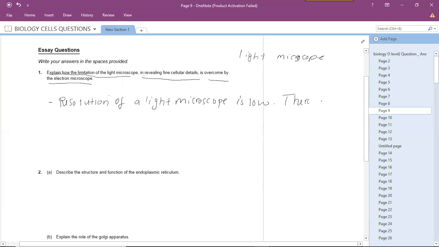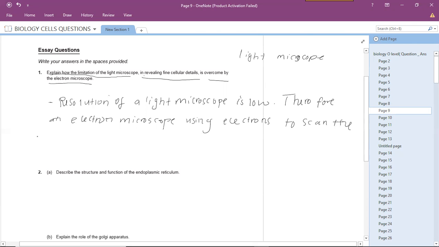Therefore, an electron microscope, using electrons, to scan